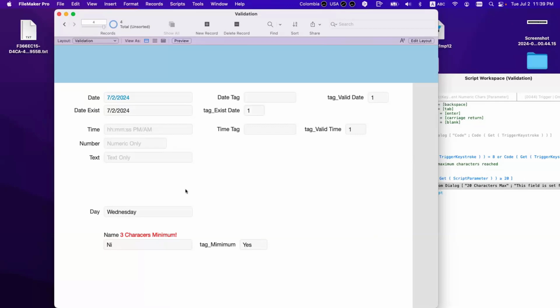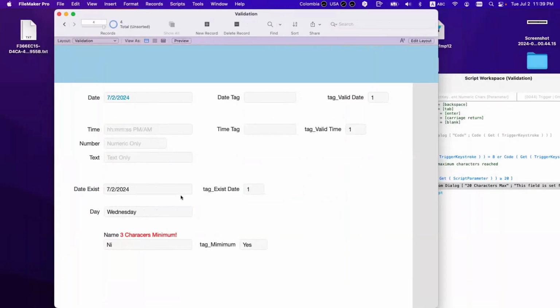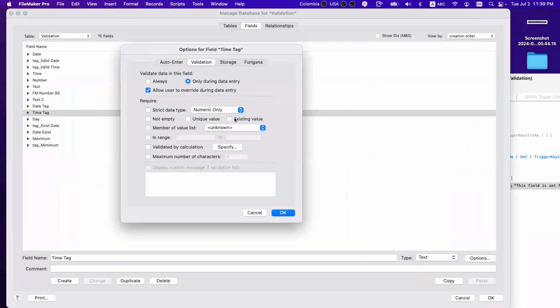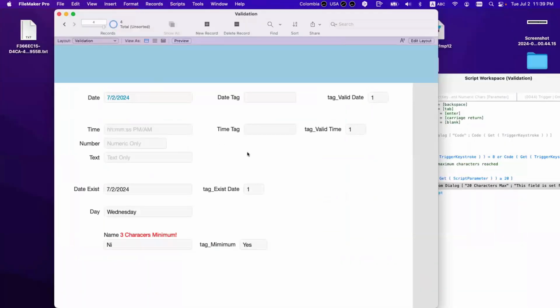So now let's do another interesting one. We have this one: exists. What does the existing value mean? It means that, let's say, I use a date, but I should have used maybe a name, but a date is okay.